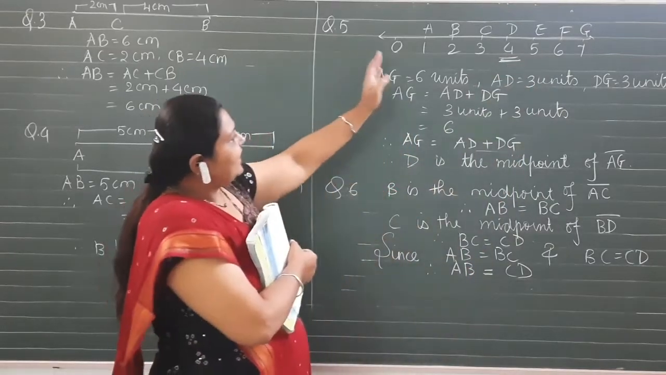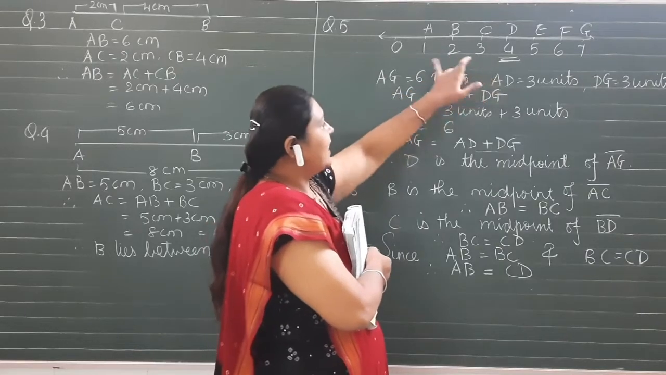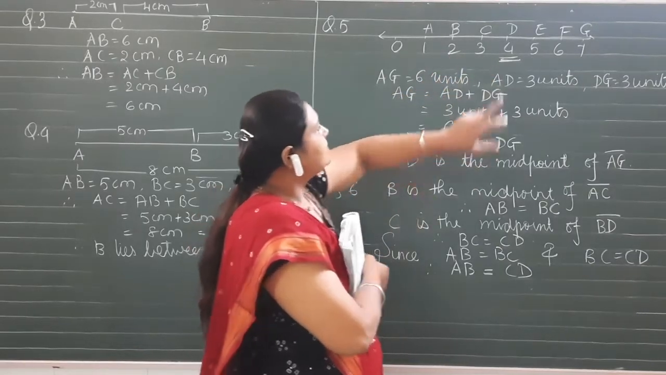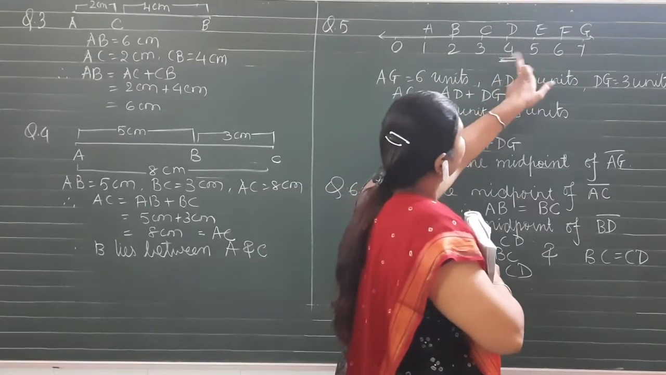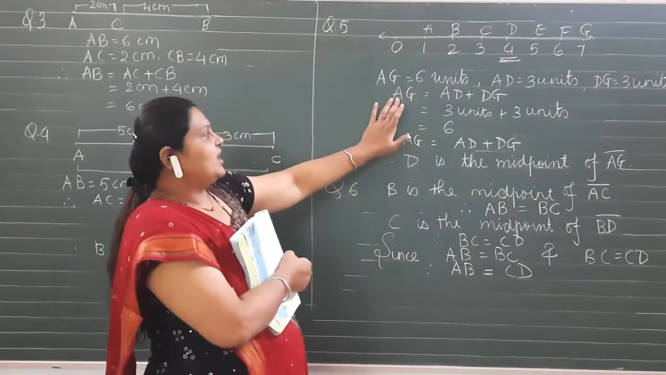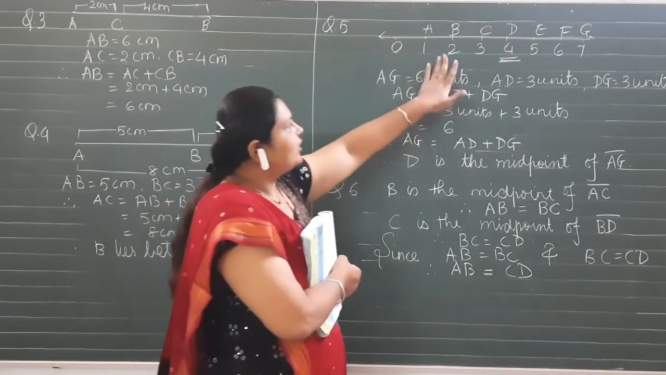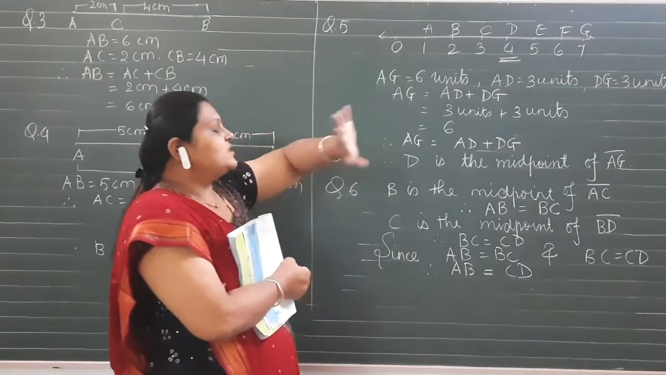So if we see AD, it is having 3 units, that is AB, BC and AC. Same way other side also, DE, DF and DG. 3 units they have. So AG equals 6 units. 3 units this side and 3 units other side. So both the sides it is having